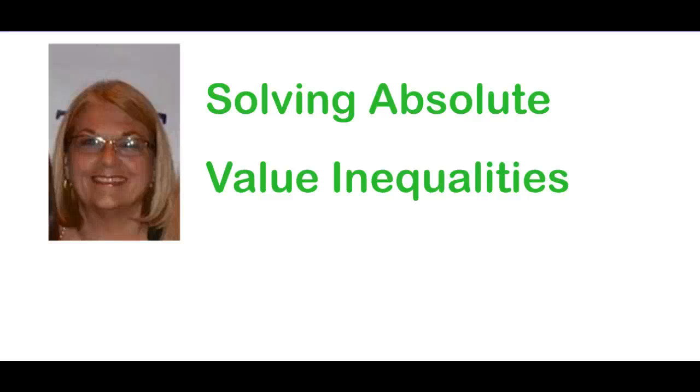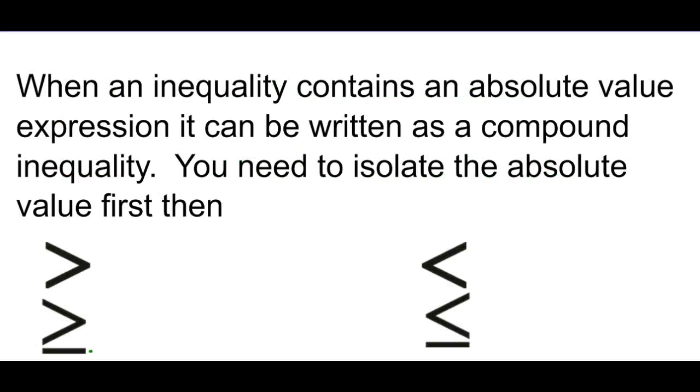We're going to talk about solving absolute value inequalities. When you have an inequality sign and an absolute value, you can write it as a compound inequality. Now, here's kind of a little trick. Make sure that you isolate the absolute value first. Then, as long as the absolute value is on the left-hand side, and then you have your inequality sign